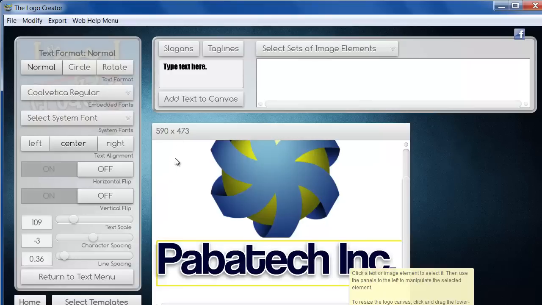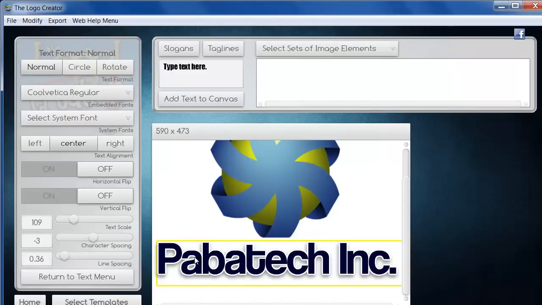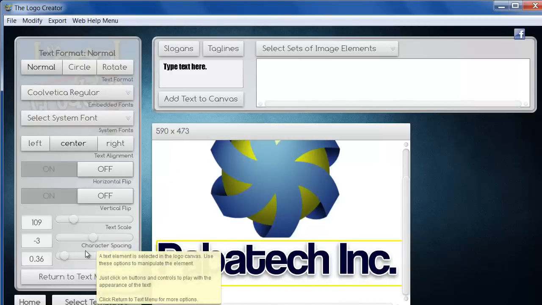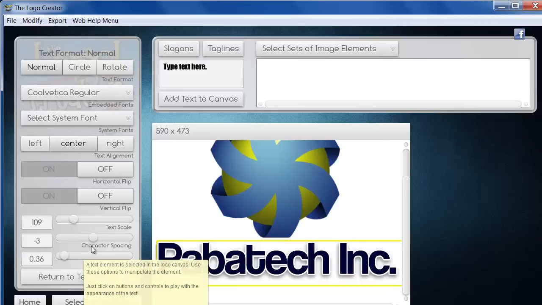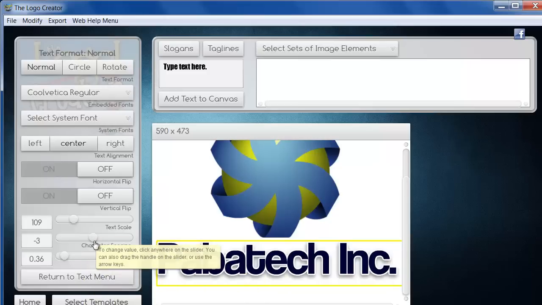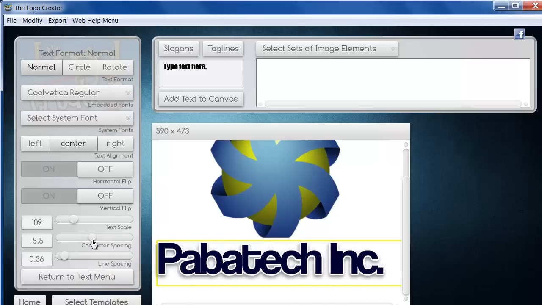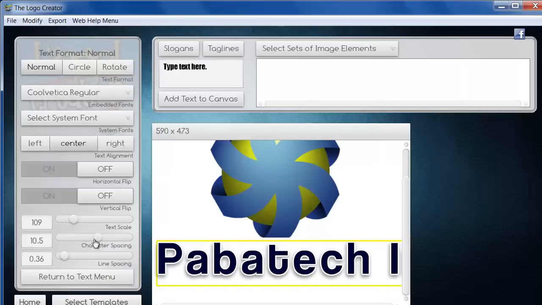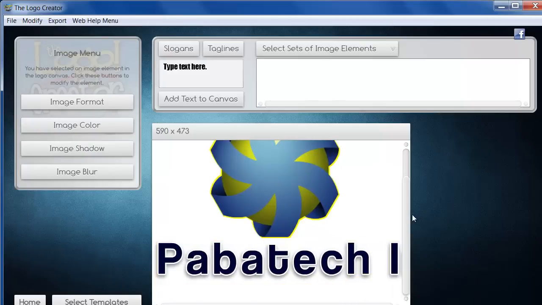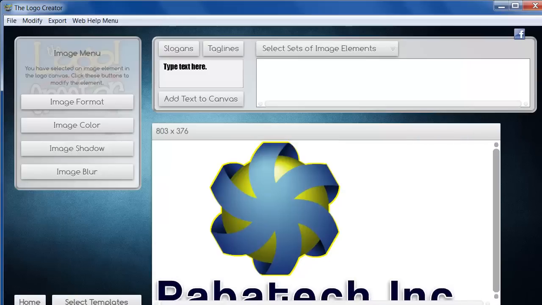If I wanted to change the spacing, let me go back to my text menu here, and I can change it. I only have one line, so I don't have line spacing, but say I wanted it to stretch out a little bit, I could do that. And then I'm going to just expand my canvas that I'm working with, and this is something you can do. And you can also